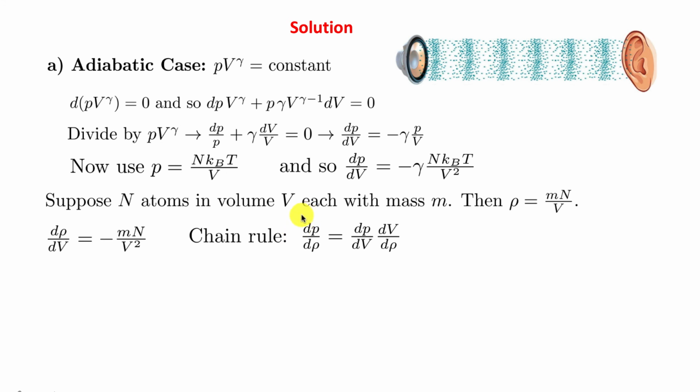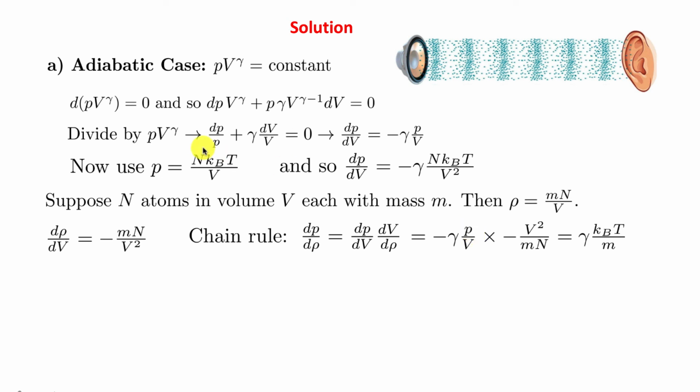Now use the chain rule. Remember that what we want is dP by d rho. Well, dP by d rho is dP by dV times dV by d rho. We already have d rho by dV, and this is just 1 over that. Put this in, and we get minus gamma P over V from here. We multiply this by 1 over this, which means we have a V squared here, mn here,